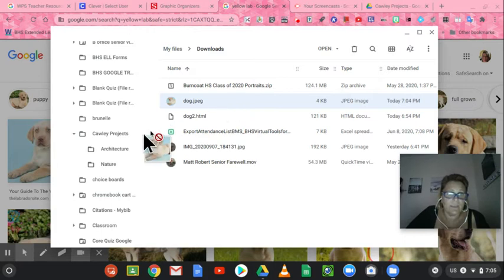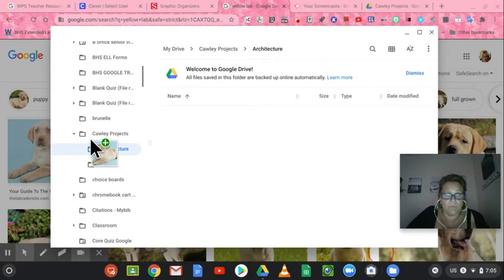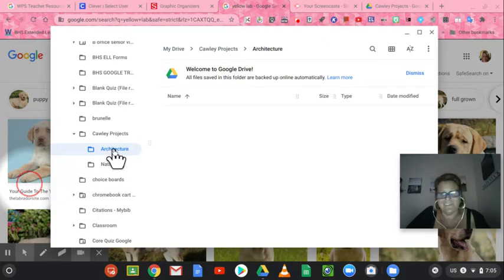I can drag and drop it, and you see the plus sign, and it's hovering over the subfolder that I want it to go into. I can drag and drop it, and now that has been copied to that folder. Okay, so if I open it up, I know a dog is not architecture, but it was just an example. So when you open that folder,